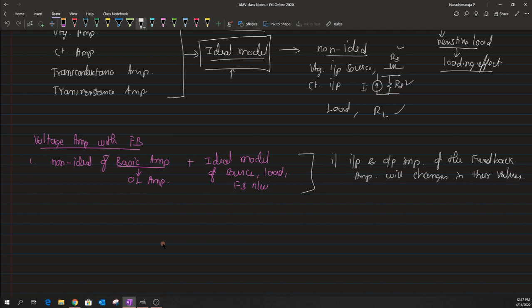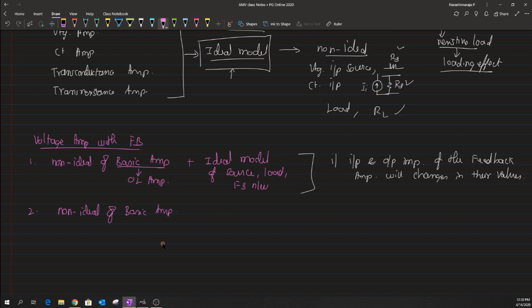Okay, so that is the first type of concept that we will learn in this first case, and we will also try to discuss what type of... So in the second case, we will be considering again the non-ideal model of the basic amplifier,